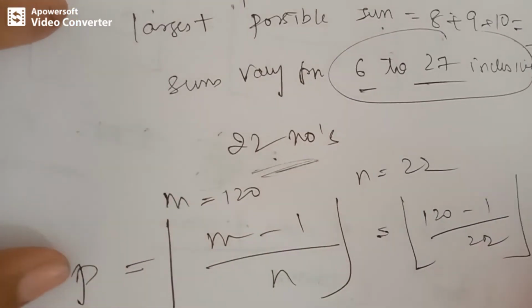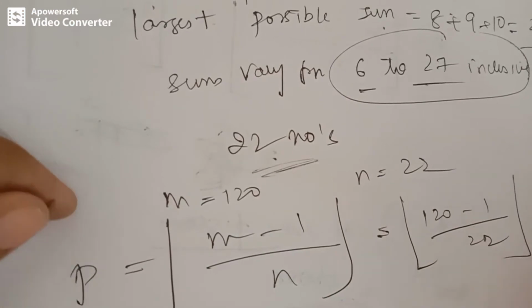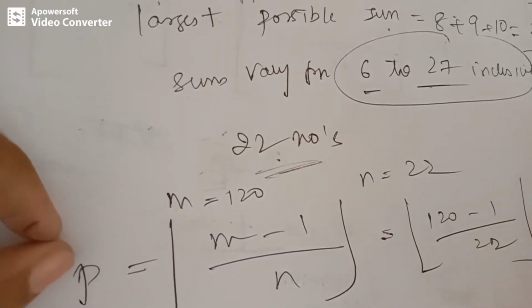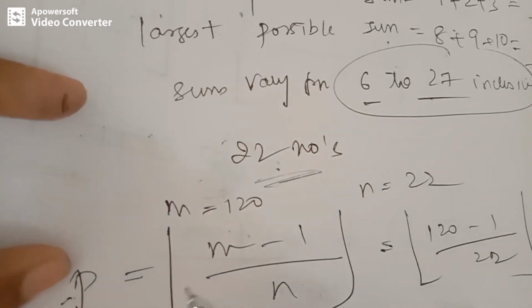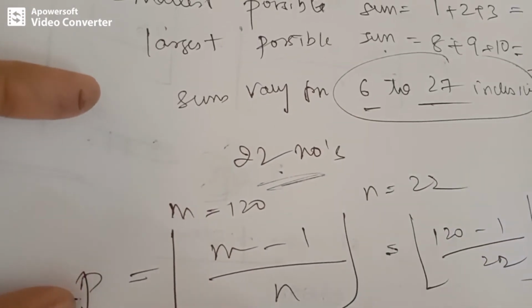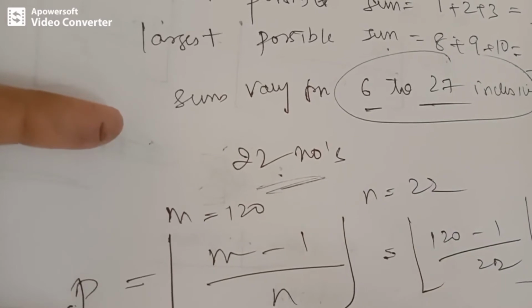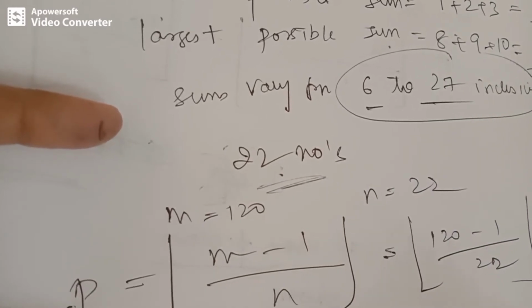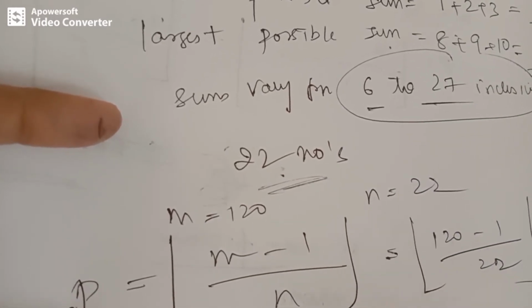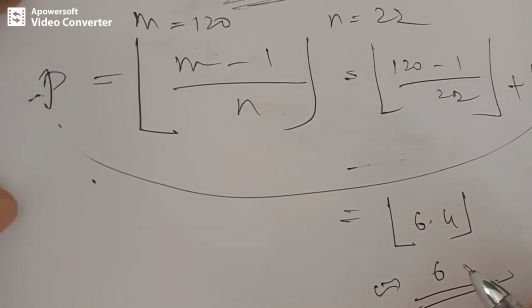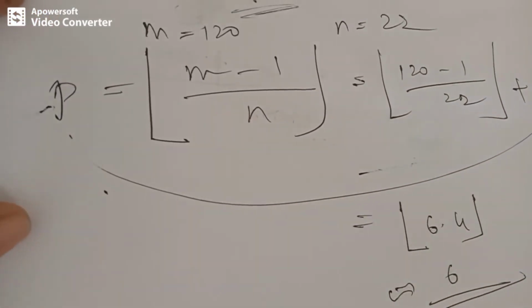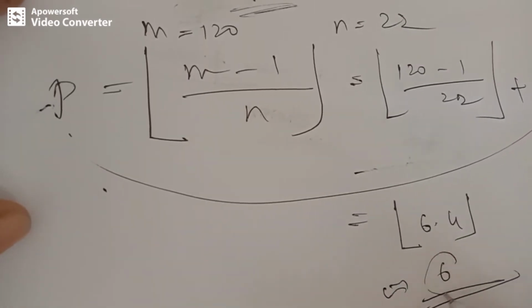and again you can directly write this plus 1. Why? Because we need to find out that at least one pigeonhole contains p plus 1 or more pigeons. So this is around 6.4, we can approximate it to 6 as per the floor value. So at least one pigeonhole will occupy 6 pigeons.